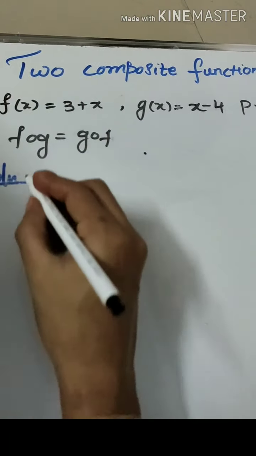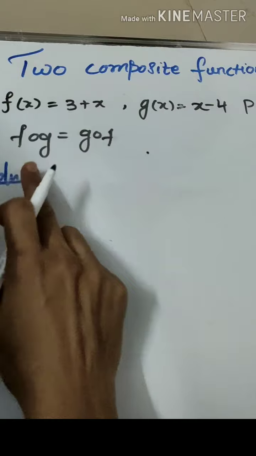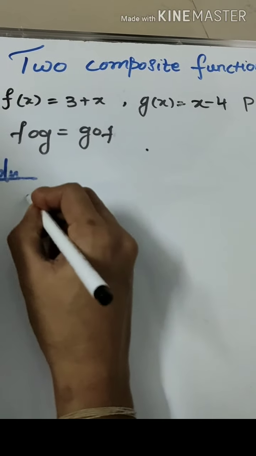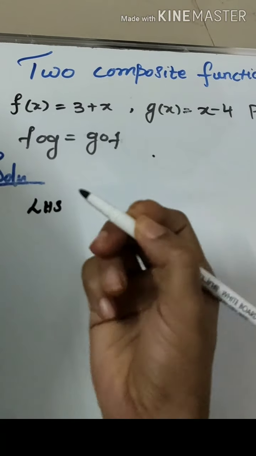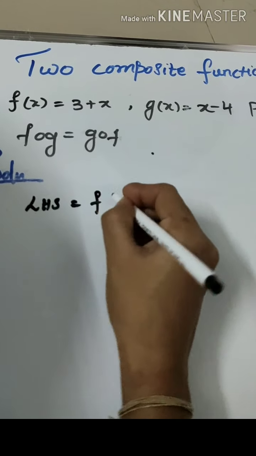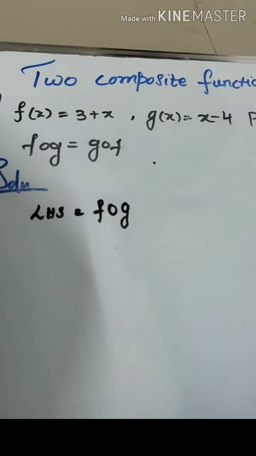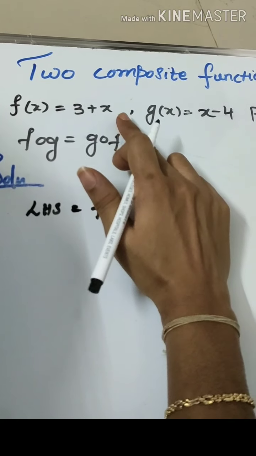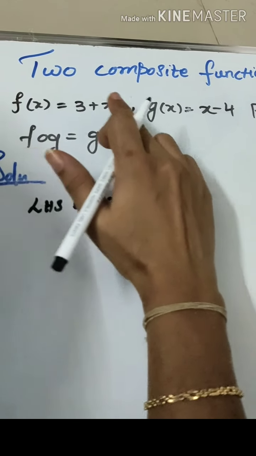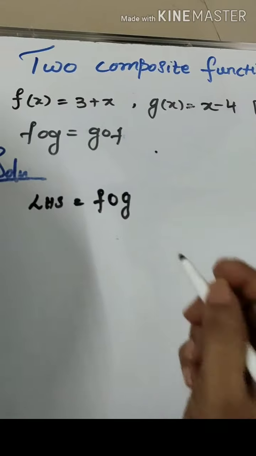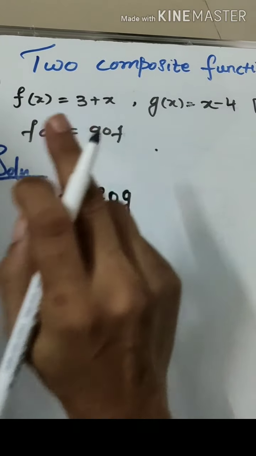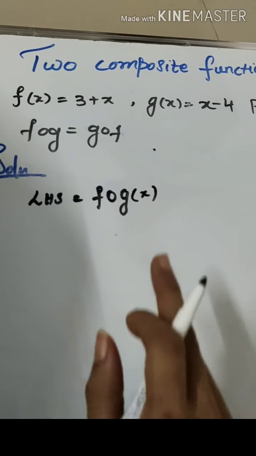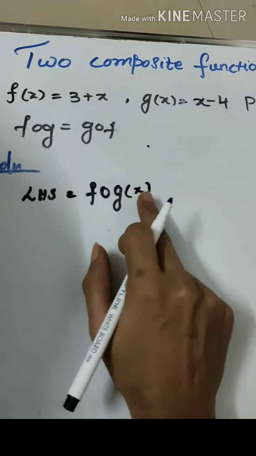The first step, I'm going to take the LHS, because LHS and RHS should be equal. We have to prove it. So in this case, I'm just taking the LHS part. LHS is equal to f composite g. In the first step, look through the given variable. What is the given variable of the function f and g? It is x. Whatever variable they have assigned in the given question, you have to add on the first step. So in this case, f composite g into x.